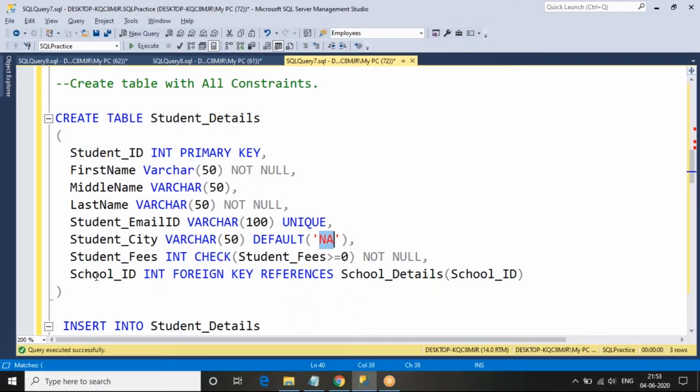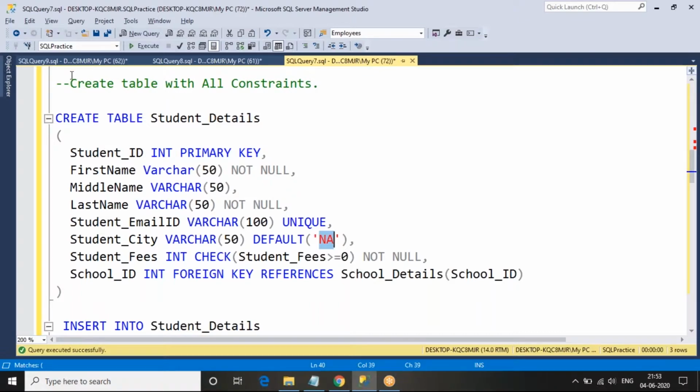Then how can we give a relation? You can observe a student is joined into a school. Without a school, a student won't study. So first we create a school table. First we should understand the structure: what is the master table, what is the child table, which one is the independent table, which one is the dependent table. If we know that part, it is easy to create a relationship based on the constraints.